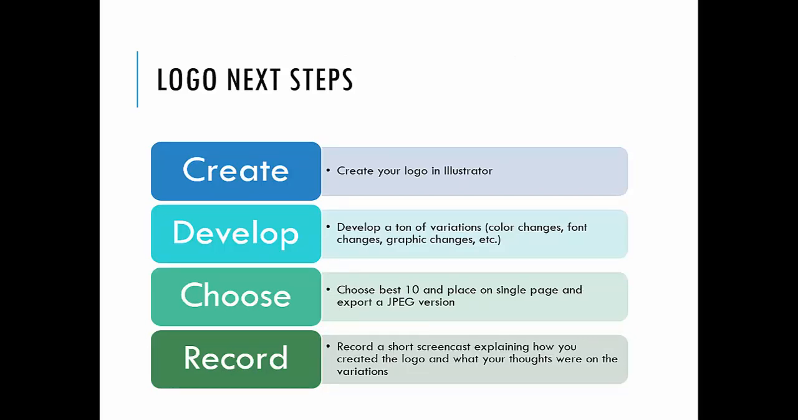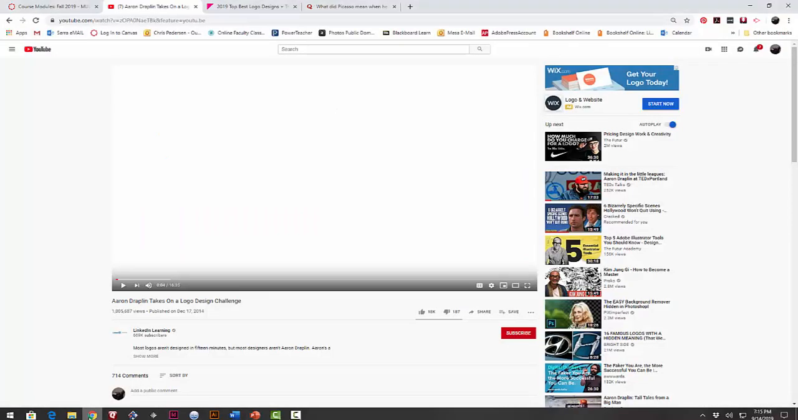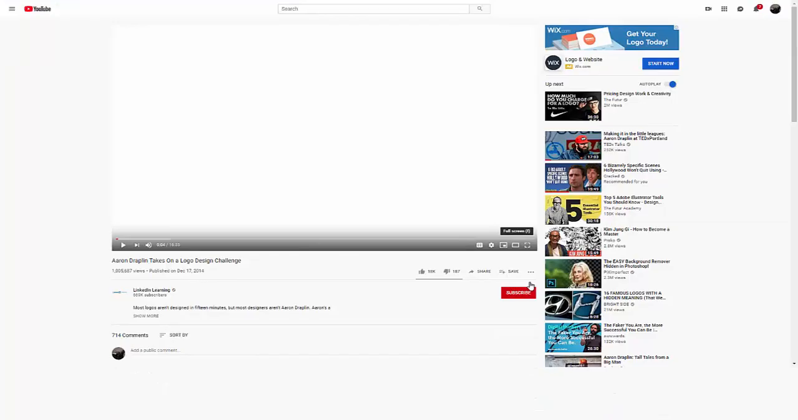So these will be the steps that you do next to develop your logo. The first thing is you'll open up Illustrator and you're going to create a vector version of your logo. So you're either going to trace what you've drawn or you're going to create it from scratch, and then you're going to develop a lot of variations. Within these variations, if you want to see a really good graphic designer that I like, Aaron Draplin, this is him taking on